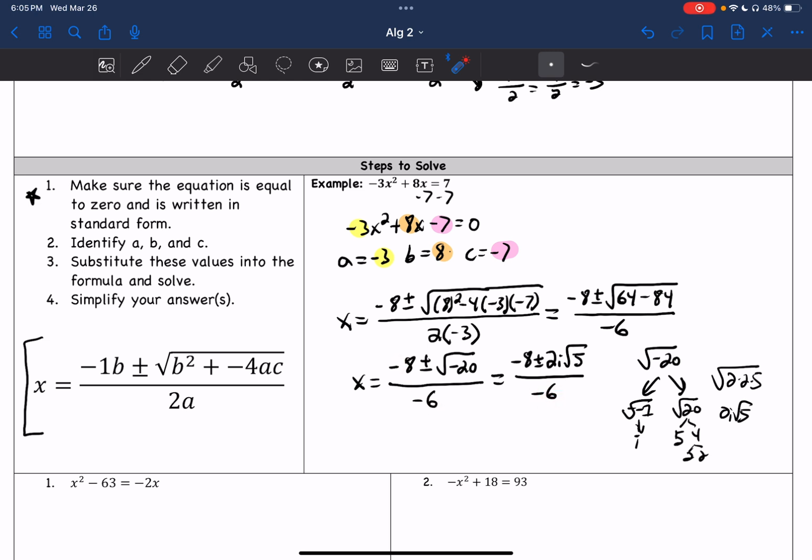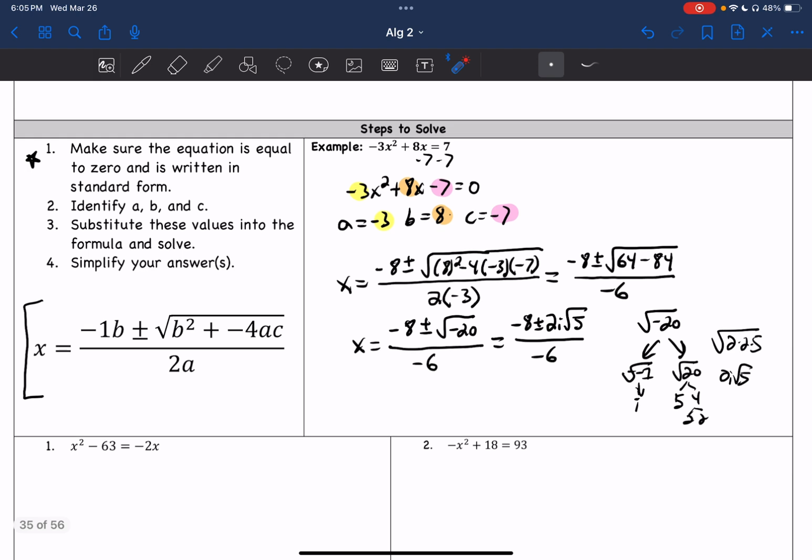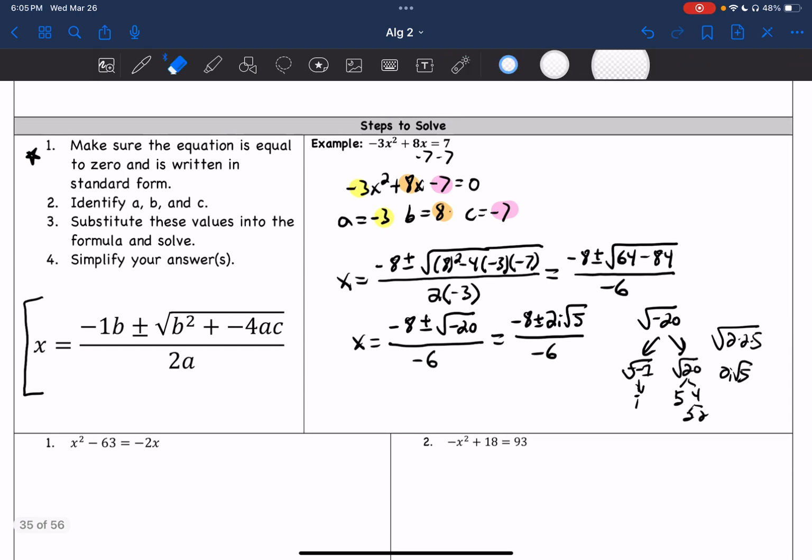And here, we want to simplify this as far as possible. So we want to look for the greatest common factor between all of the numbers here. You can see negative 8, 2, and 6. Those can all be divided by 2. And we generally want to make the denominator positive, so we would actually want to divide by negative 2. And so when you divide by negative 2, you're going to get x is equal to the set that contains 4, right? That's 8 divided by negative 2, plus or minus